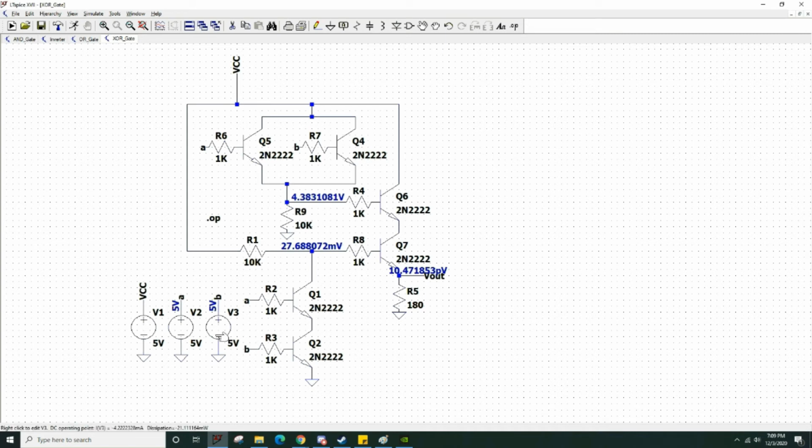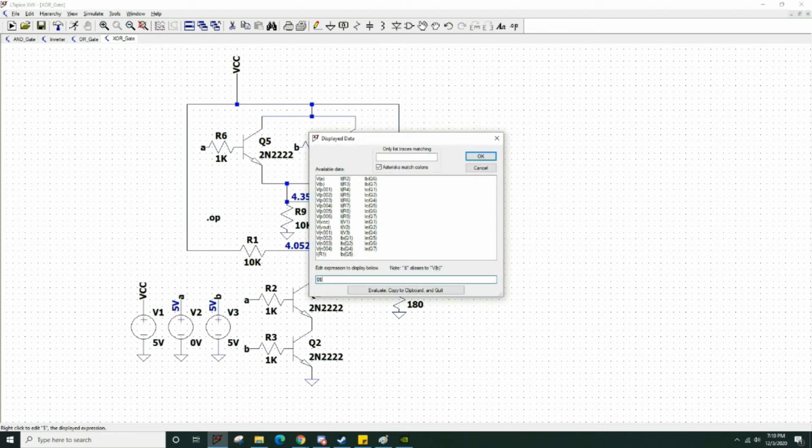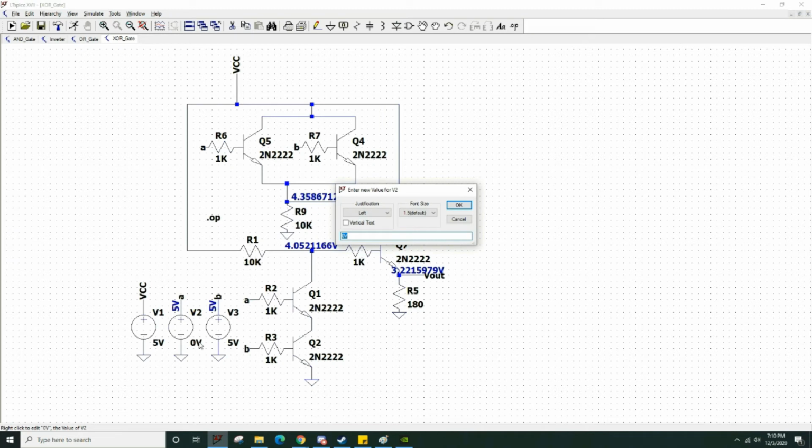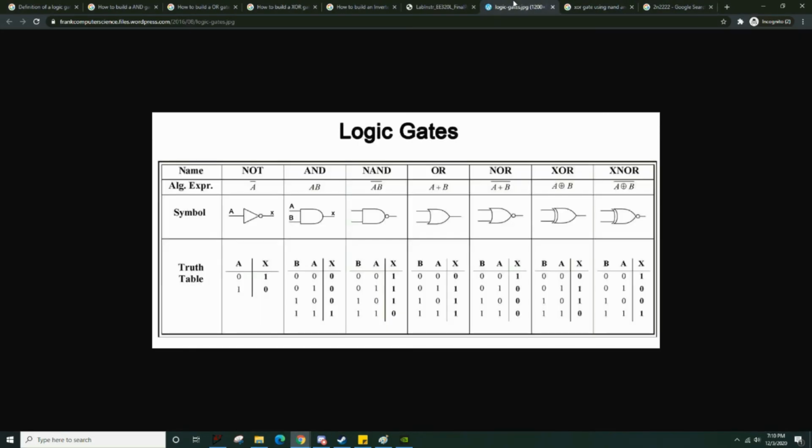So here I have 5 volts and 5 volts, or 1, 1, gives an output of 0. We'll do 0, 1. Oh, what's that? Huh, okay. It gives an output of 1. Oh, I see what I'm doing. Whoops. So 1, 0 gives us another output of 1, and then lastly we do 2 logical zeros. We receive a logical 0 as our output as well. So that follows the truth table right here